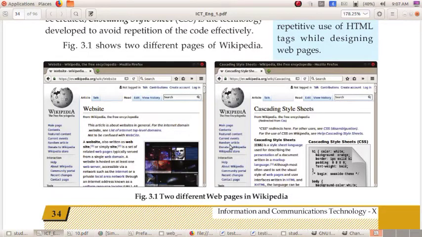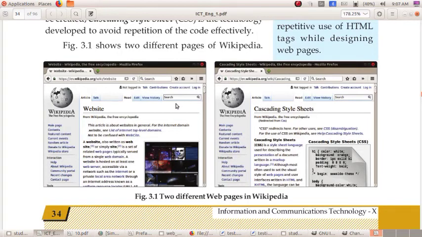Then what is the next similarity? Yes, the size, then the color, then font family of the headings and paragraphs are arranged in the same manner in both the web pages. Okay. So dear children, from this what you understood?